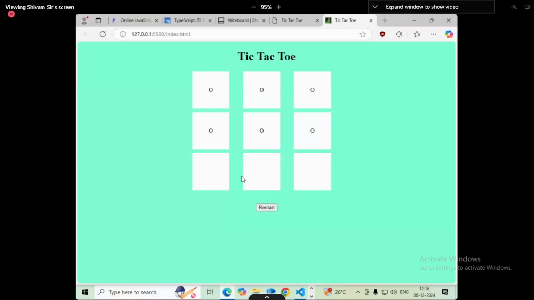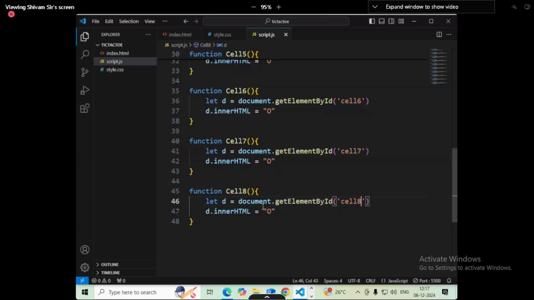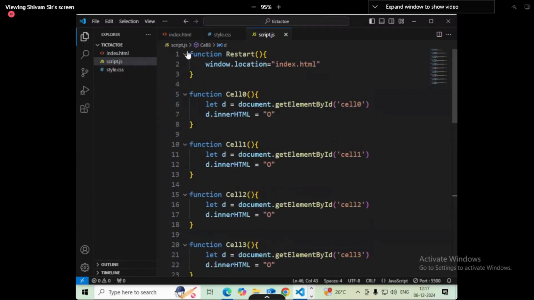So all these cells are working and the restart button is also working. Now our case is, if the first is O, the next one we should write X, right? If O is already written there, we should write X. So for that, what I will do is declare one variable at the top,